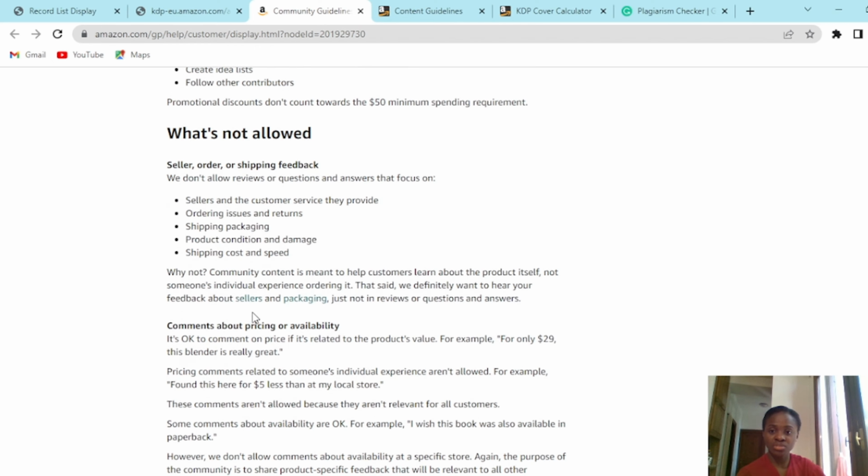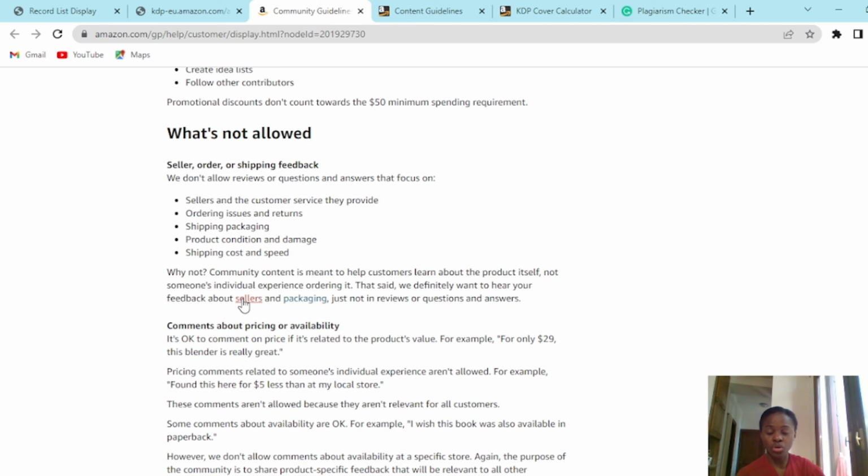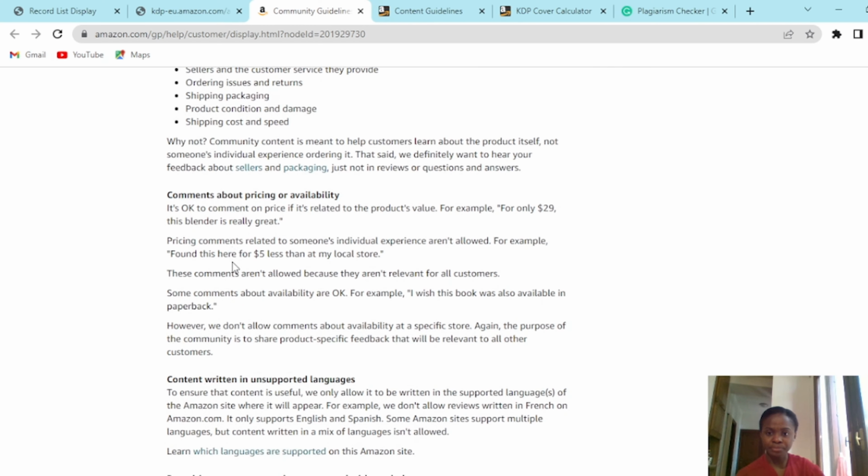So you should not do things that are outside the box to be able to get people to read or buy your book. You have to keep it as straight as possible and as honest as possible so you don't have problems. Also, when it comes to comments about pricing and availability, this is the thing you have to